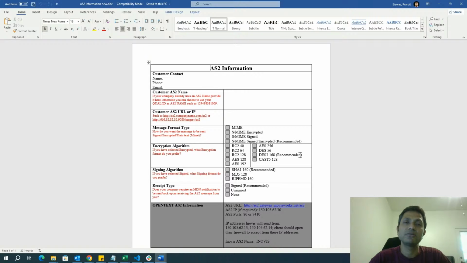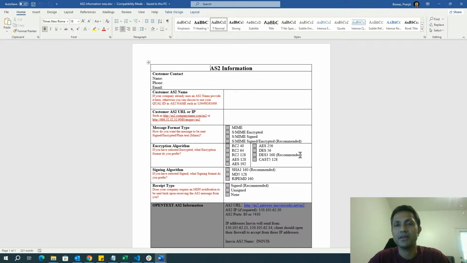So there are certain benefits of using AS2 over using HTTP or HTTPS. I think the first major advantage of AS2 over HTTP is message disposition notification, or MDN,